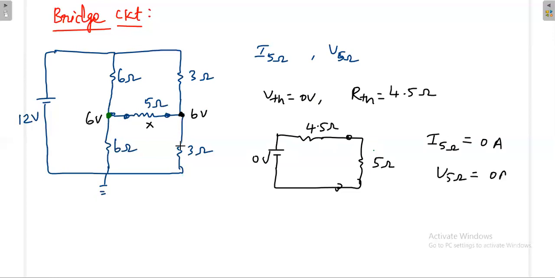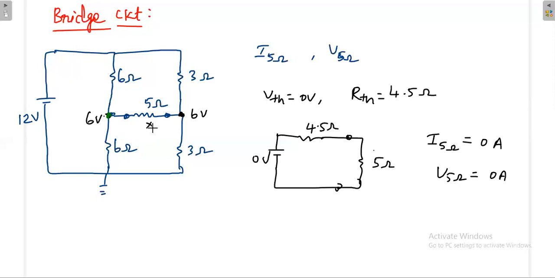So what cross check can we do here? Simply remove this. Instead of going through this procedure, first remove this. After removing this, the same voltage is appearing here. That means these two node voltages are the same. Then definitely even after you connect this element, there will not be any current. The current flow will be 0. That means the bridge is balanced.